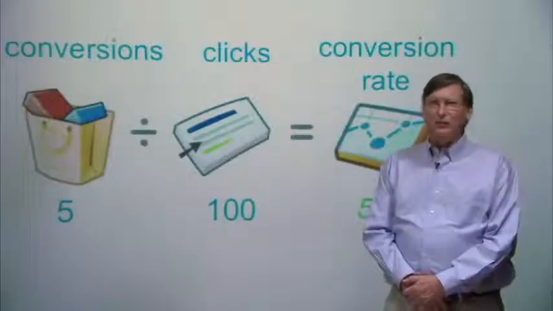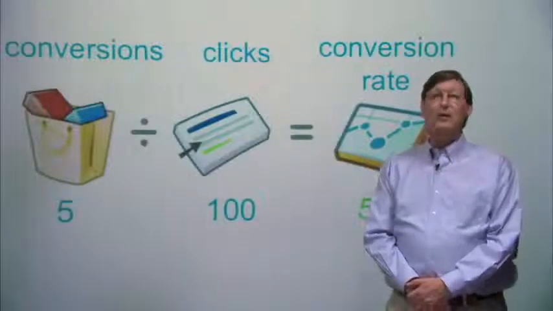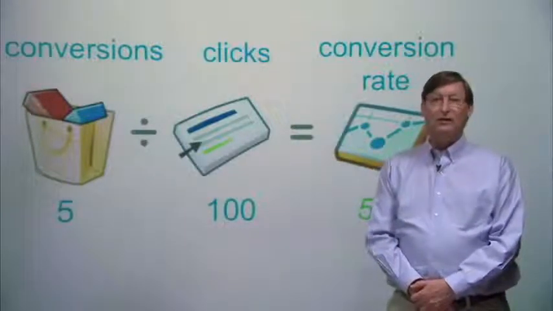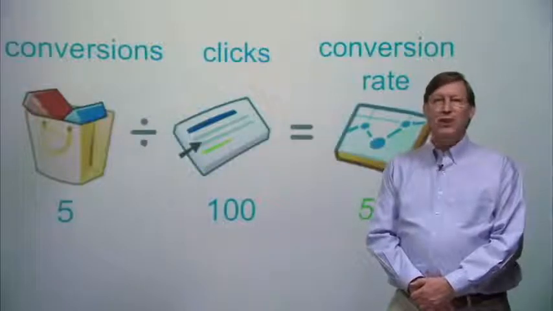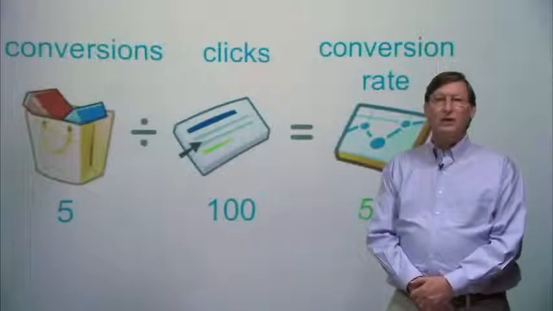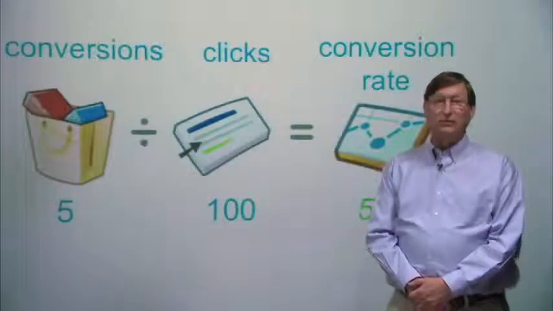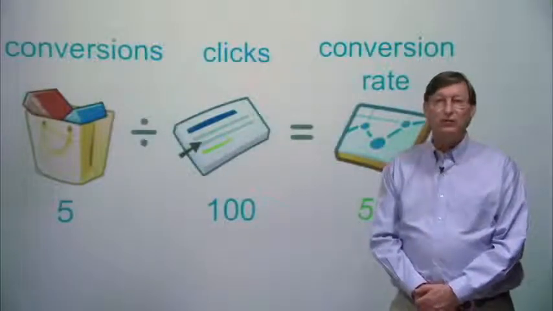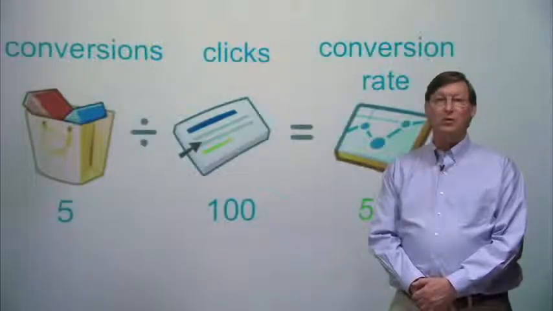In general, however, you don't bid by CPA on Google. You bid by CPC, or cost per click. So you need to convert your maximum profitable CPA into a maximum CPC bid. The first step is to determine your conversion rate. Your conversion rate is the number of conversions completed on your site divided by the total number of ad clicks